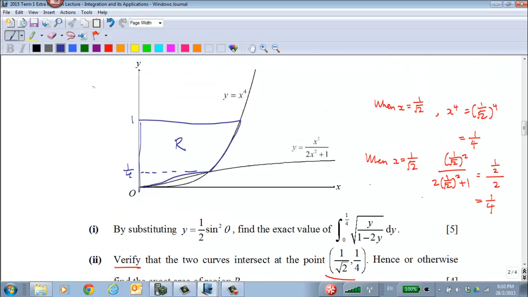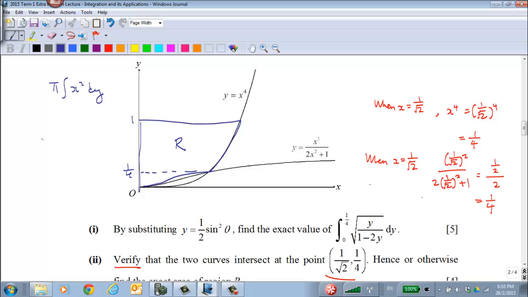First thing first, the formula that you can use is pi x squared dy, because this is the formula that you can use when you rotate a volume about the y-axis. The pi y squared dx is the one for you to get a volume rotated about the x-axis. So for this particular case, what we just need to do is that